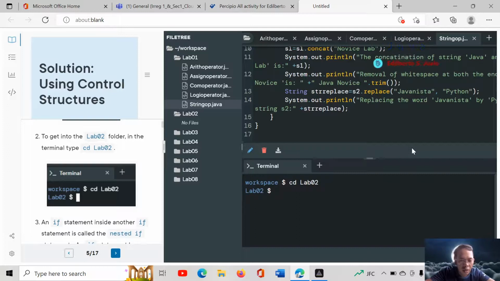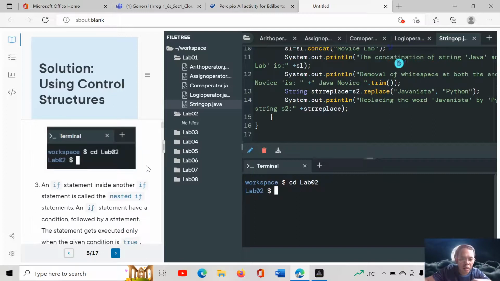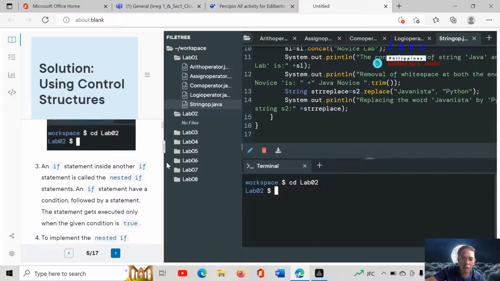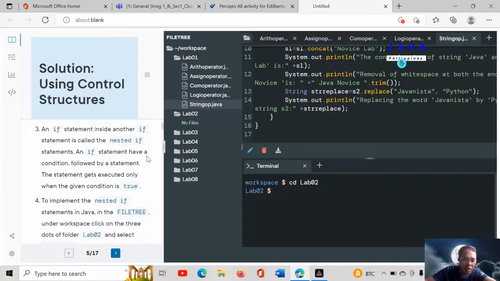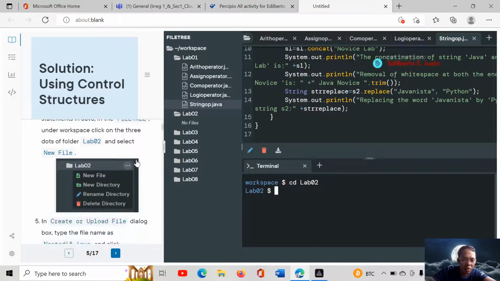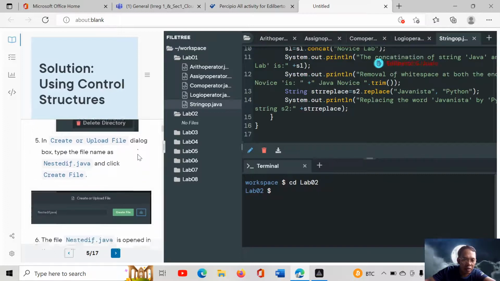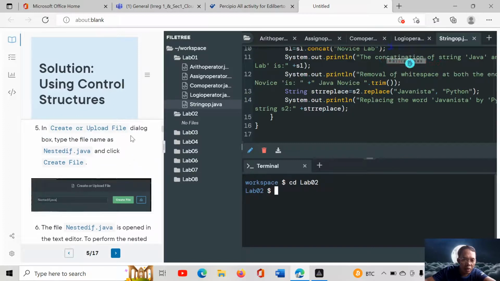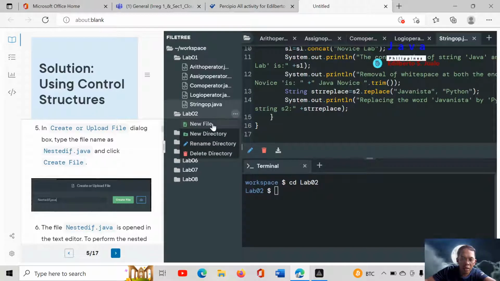So yan, okay na. An if statement inside another if statement is called a nested if statement. An if statement has a condition followed by a statement. The statement gets executed only when the given condition is true. To implement the nested if statement in Java, in the file tree under workspace, click on the three dots of the folder lab02 and select new file. In the create upload dialog box, type the file name as nested.java and click create. This one, the three dots, new file,